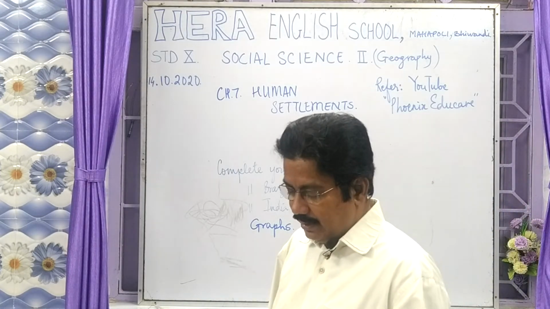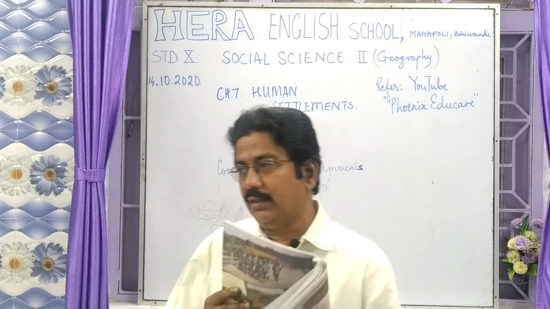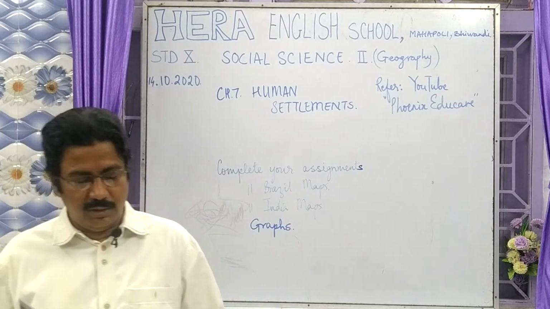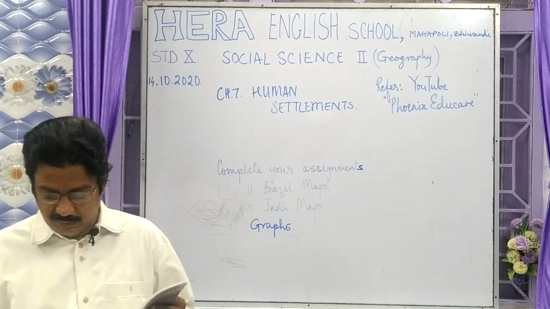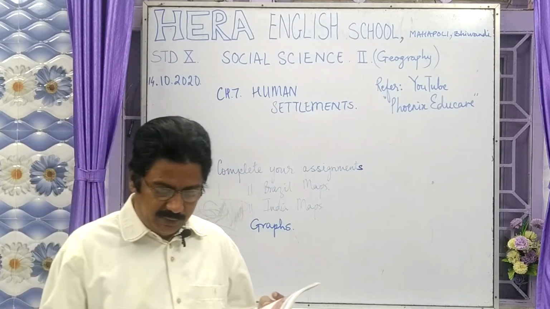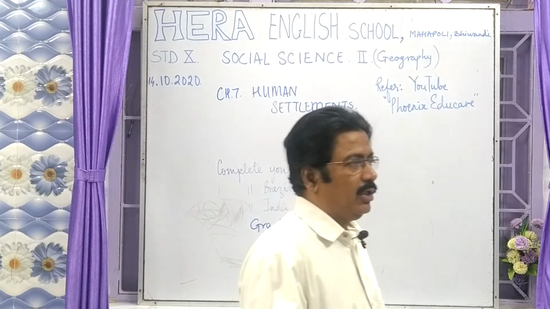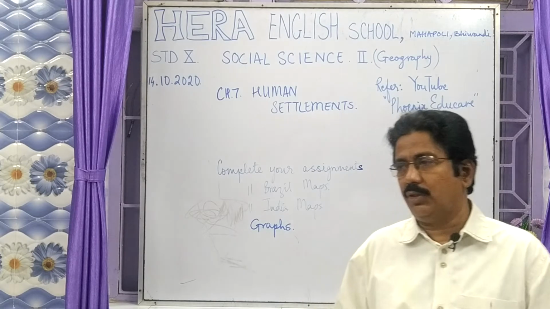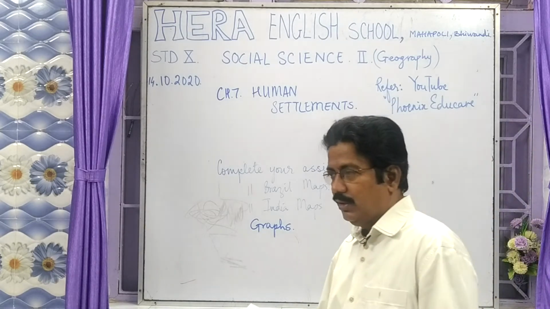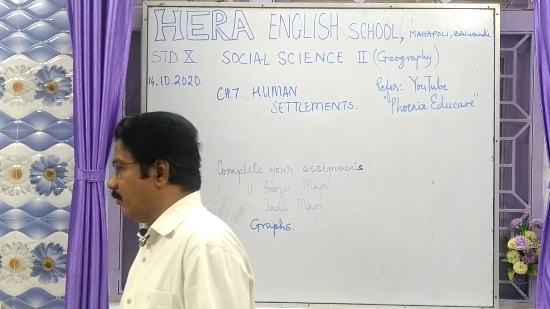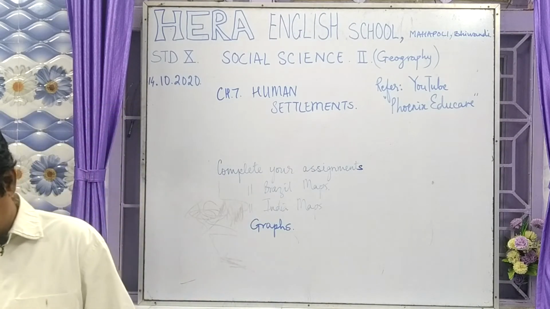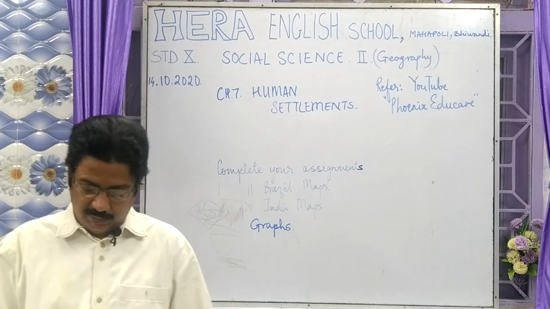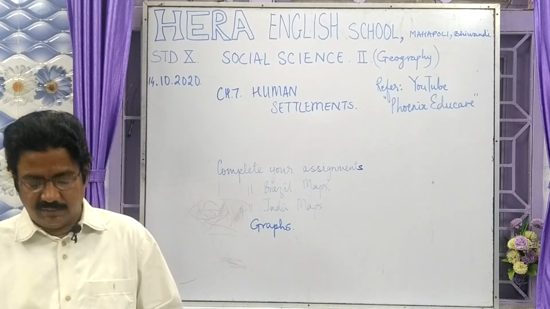Secondly, the climate is unhealthy and unfit for settlement. Obviously, why is the climate unhealthy? Because it rains all around the year in such regions. Limitations are on use and exploitation of natural resources. Obviously, you cannot have any form of business out there. You cannot have any form of transportation, and you cannot have any form of communication out there in such a region where there is rainfall all around the year and dense forest where you cannot use the forest for your own work. Poor transport links in the region.